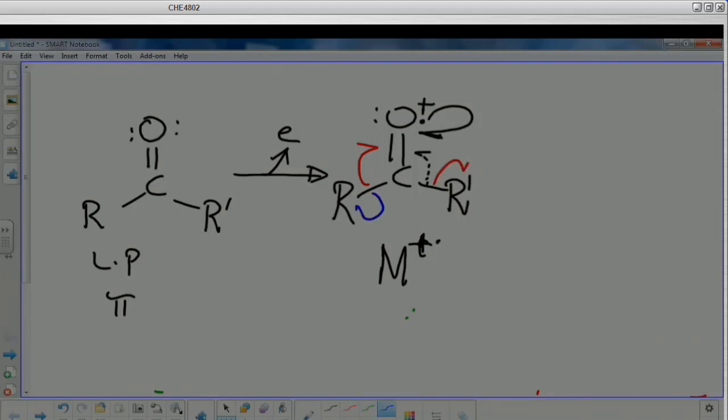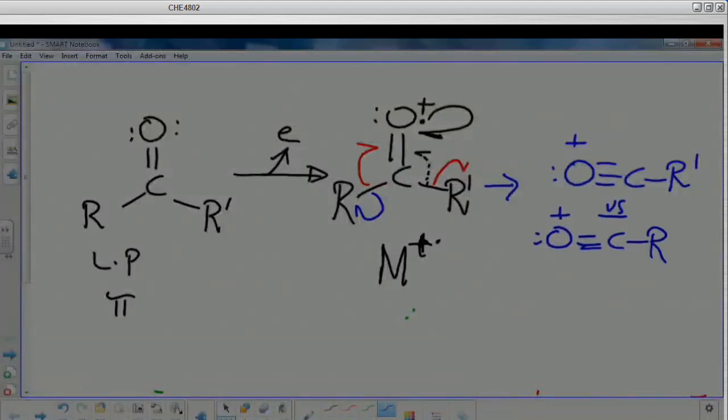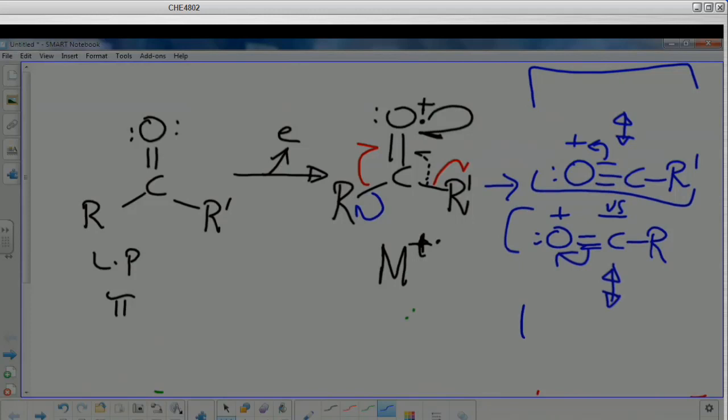And when this one goes that way, the other one goes there. The other one goes to R, like that. So you are going to end up having a triple bond plus C, R prime. And you can also have triple bond C, R. These are two combinations you are going to have. And these are resonance stabilized by themselves. Remember, oxygen will pull electrons, and then you'll have a resonance structure. The same applies here. This oxygen can pull these bond pair electrons, you'll have a resonance structure. That's why these are intense.